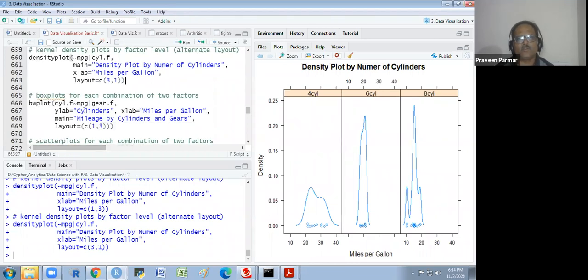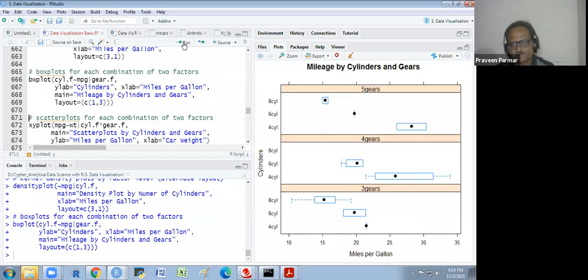And a box plot for each combination of 2 factors, cylinder and gear: cylinder, tilde, mileage, and gear. So you will see there are 3 things: cylinder, gears, and mileage are given. Okay.